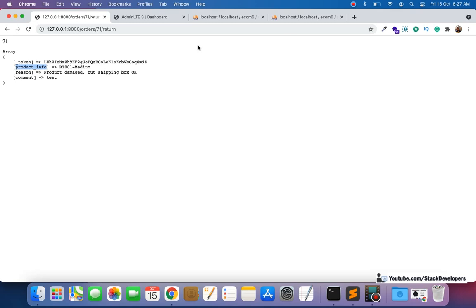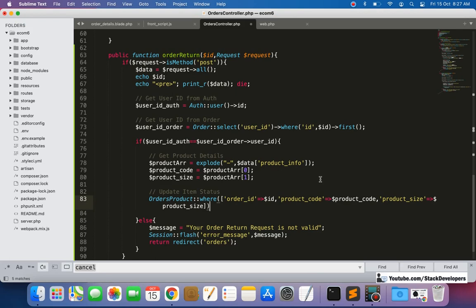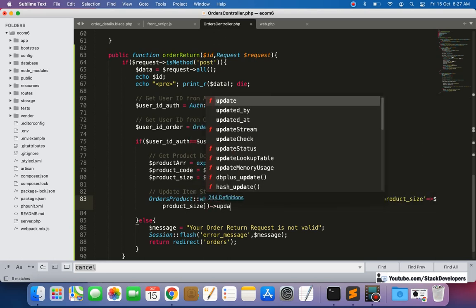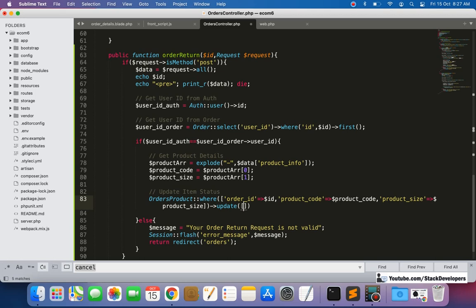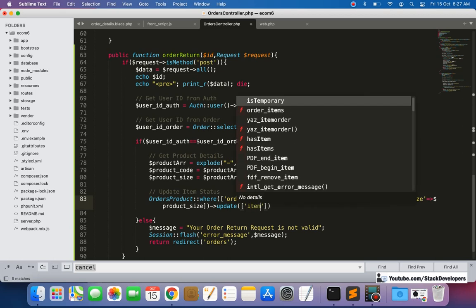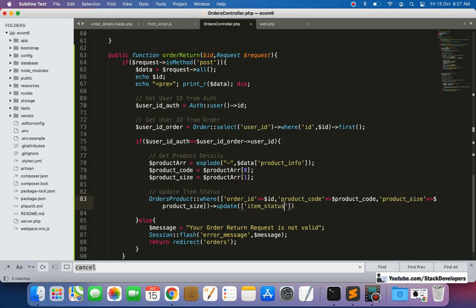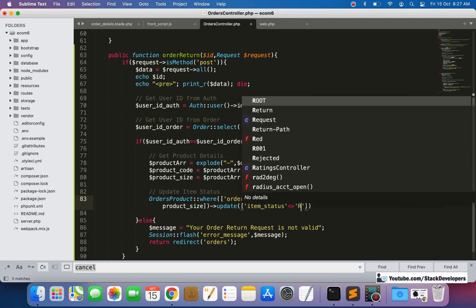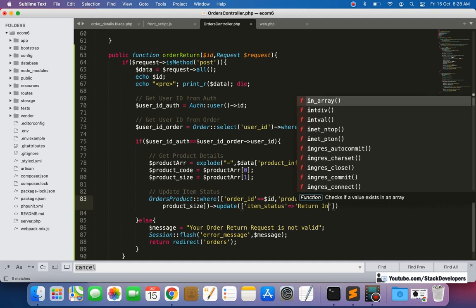Right now we are just comparing and adding it to the update item status. We need to update this item status. We are going to update this item status to return initiated.